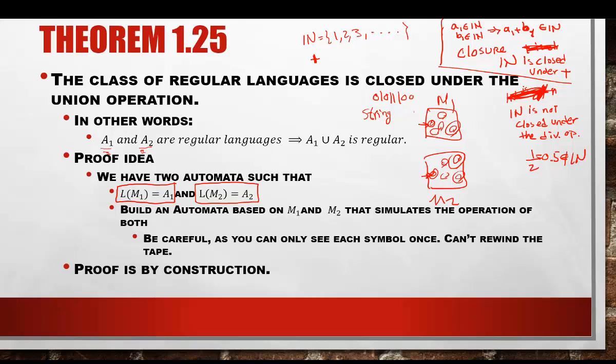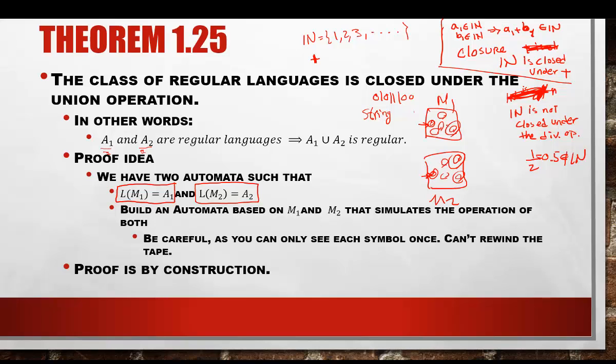So now my job as the bigger automaton is basically to simulate these two smaller automaton, M sub 1 and M sub 2. So I take one element and then I pass it simultaneously to both of these automaton. Then I go to the next element and I pass that element simultaneously to both of these automaton. And the third element, pass it to both of these automaton. So basically in parallel, I would simulate